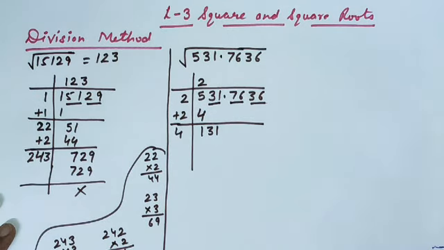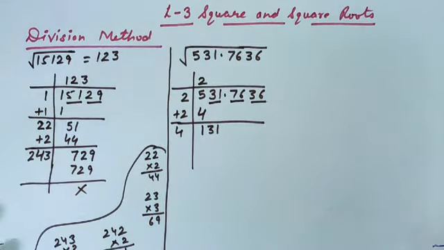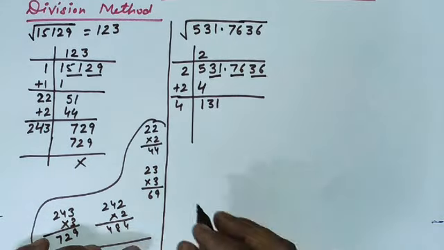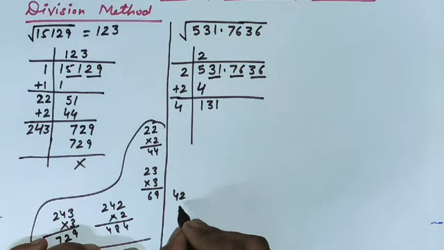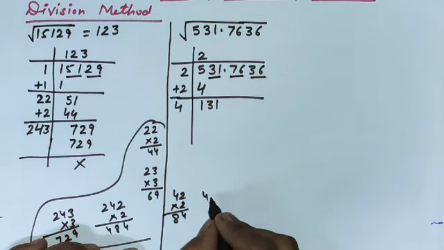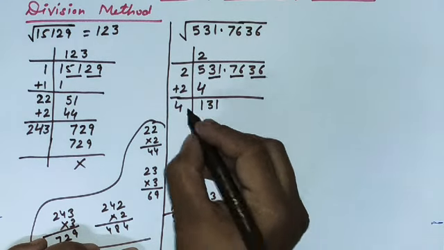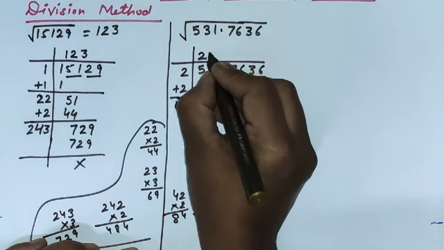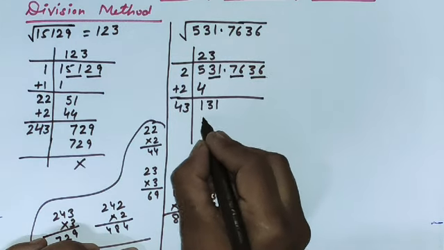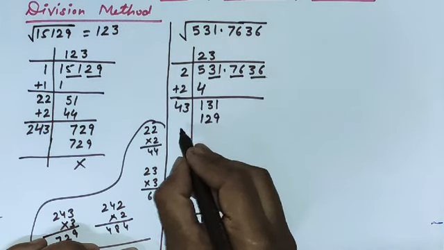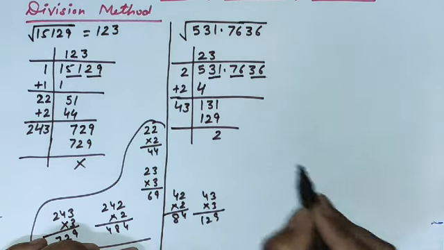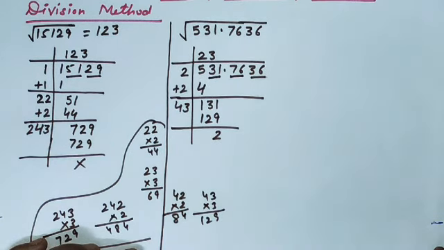Now I have to see by which number it will be divisible. Let me take 4 with 2. So 2 I will multiply. 84. Now 3. So I will write 3 here. Then multiply by 3. It's 129. So this is the nearmost number. 3 I will write here. Another here. So 129. 2 is the answer after subtraction.